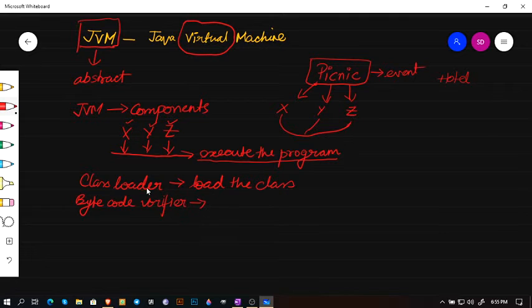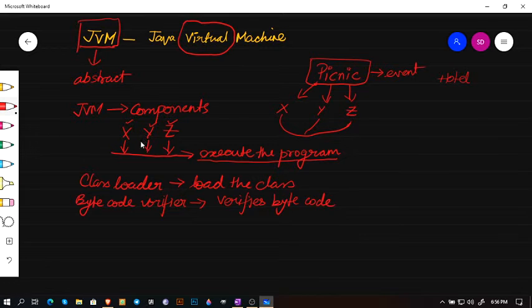It verifies bytecode. That is the job of the bytecode verifier. There are certain other components which do certain other jobs. In total, each and every component does a little bit of something, and together they help execute the program